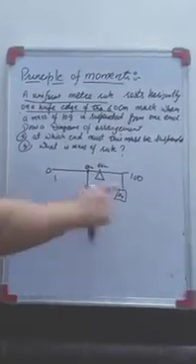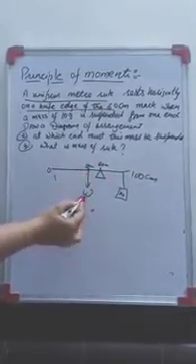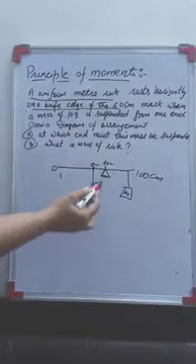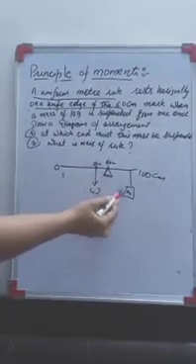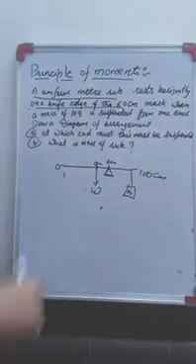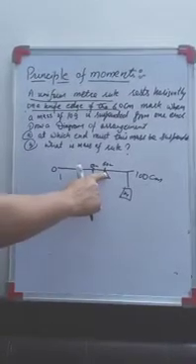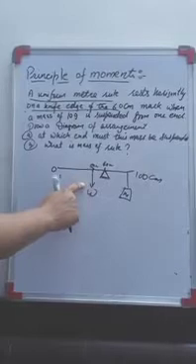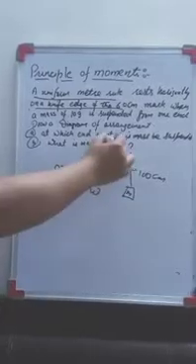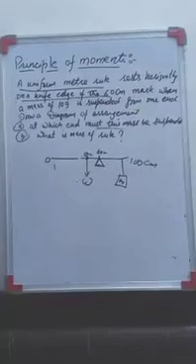The arrangement is clear: 0 to 100 centimeter I have taken for the scale. At 50 centimeter, the weight of the scale is acting. At 60 centimeter it is horizontally placed on a knife edge when a mass is suspended at one end. On which end it should be suspended, you need to work out from the diagram itself. If the knife edge is at 60 and the weight is acting over here, the mass should be on the opposite side of the edge.